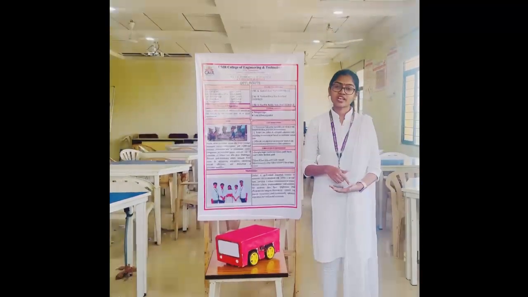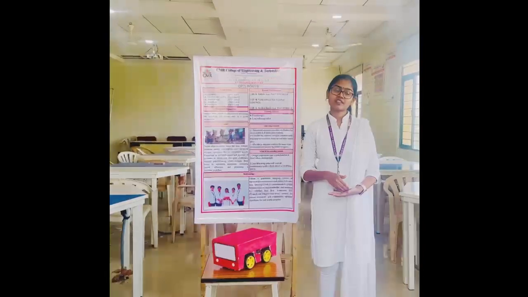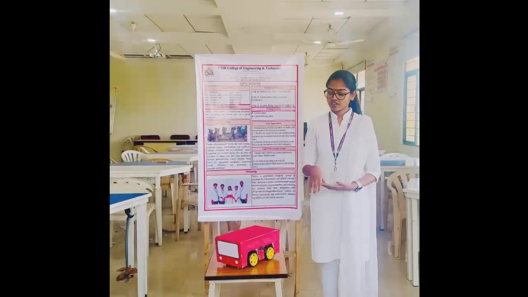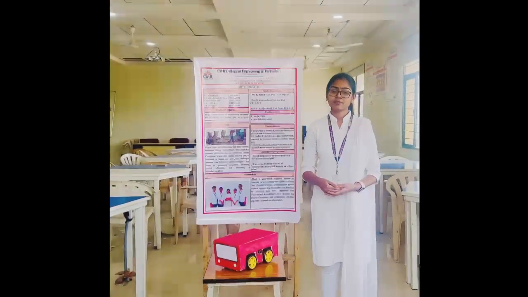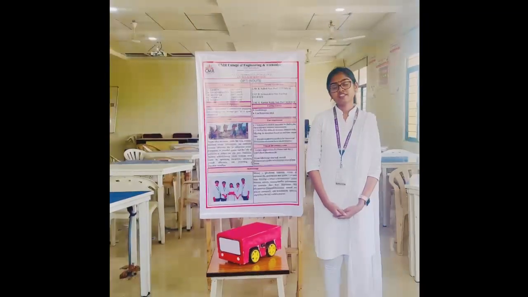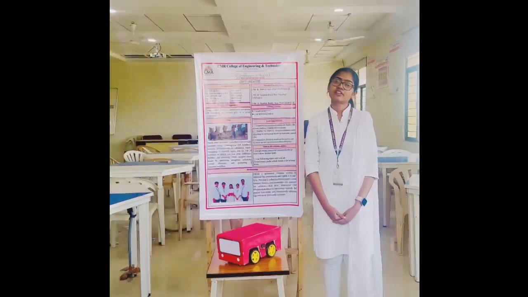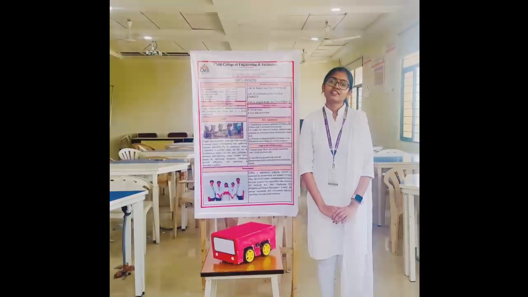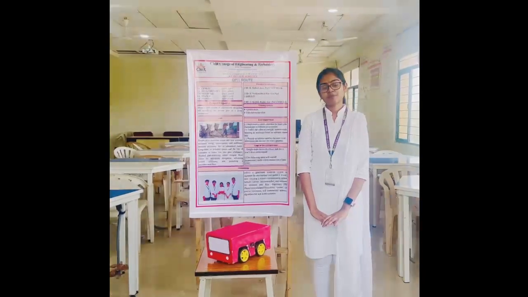So coming to the working of this project, the first step is the environmental representation. We are going to represent the environment with a black tape or a black line. Then coming to the sensor input, the various sensors fixed in this robot, that are the IR sensors, take the input of the environment. Then initialization, we are going to give the starting and the destination point of the map, where the robot is going to consider the starting point and the ending point. Then the output, here the robot computes all the mappings and goes on the optimized route.